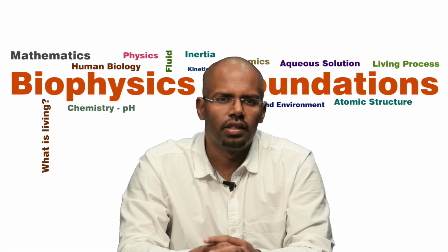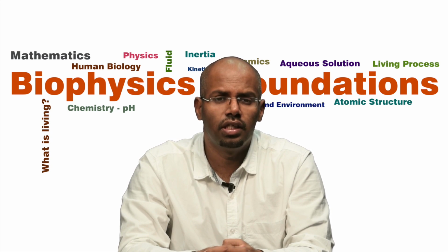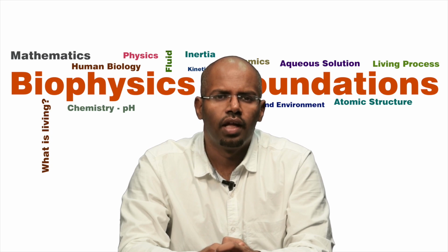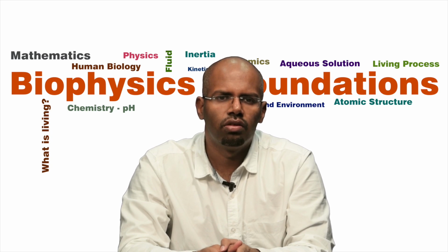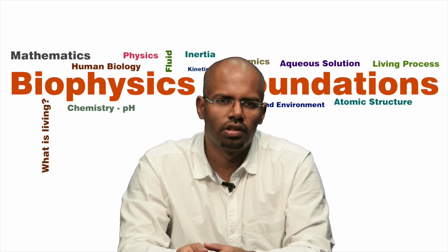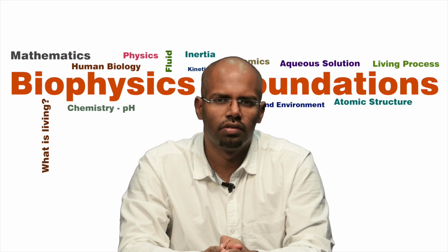Now, continuous and discontinuous functions. A function f of x is continuous when for every value c in its domain, f of c is defined and the limit of f of x as x approaches c equals f of c. So at the end of the day, we are saying that if the limit exists at any point c, the function is going to be continuous, otherwise the function is discontinuous.